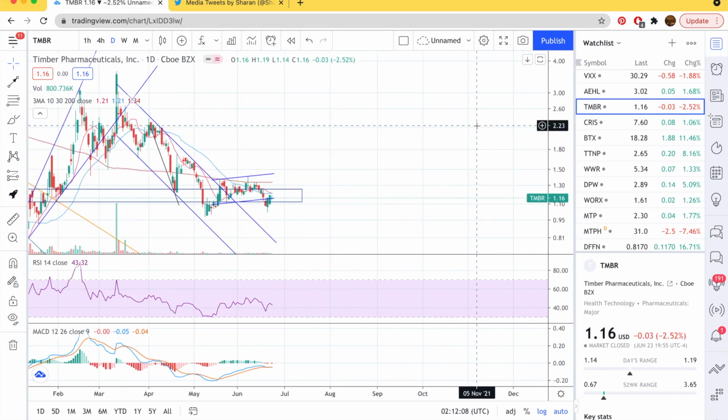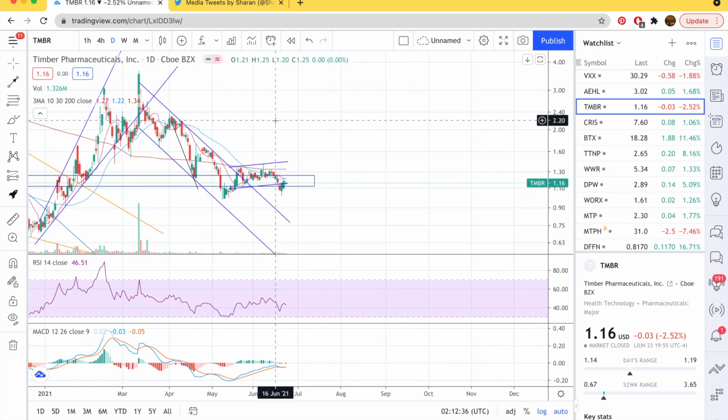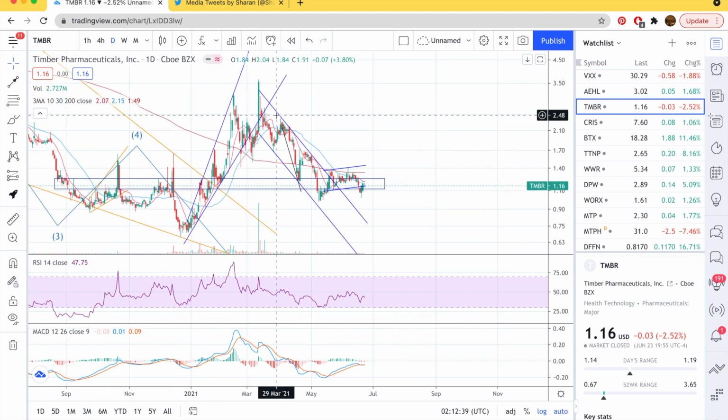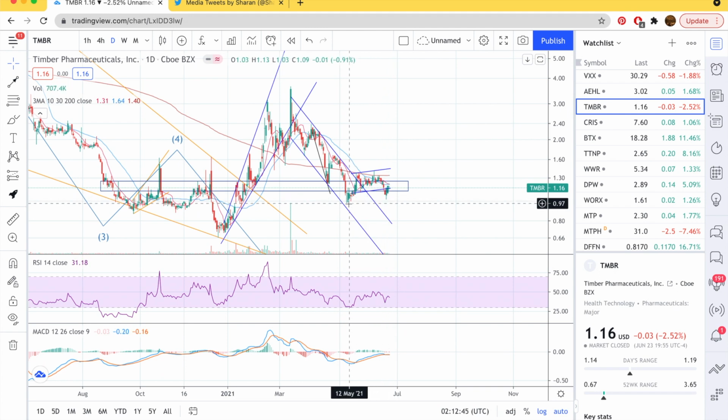Timber, I got excited around 1.1 because this was a bullish engulfing hammer close. Then we saw continuation. Need to see it close above the previous highs. I got in on this day, and maybe on this day also. I have a position close to 1.1, 1.15. So we'll see if we break above these highs. After that, we can definitely go higher. But this retracement was too deep in comparison to the previous low, so I'm not sure at the moment. So I'll be cautious again